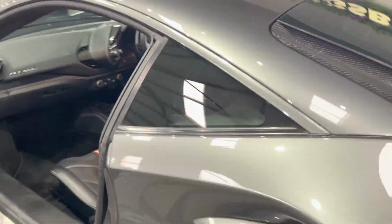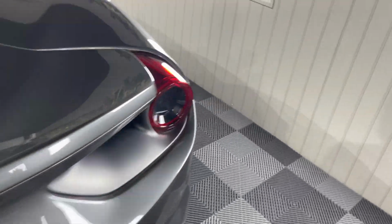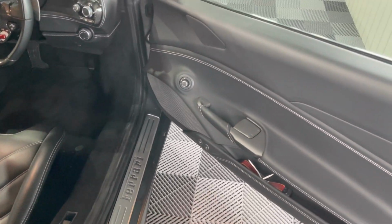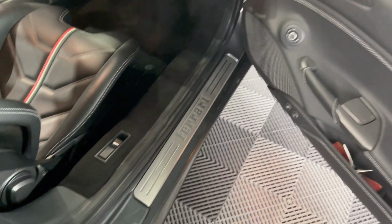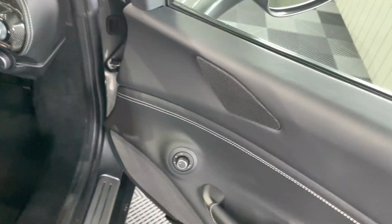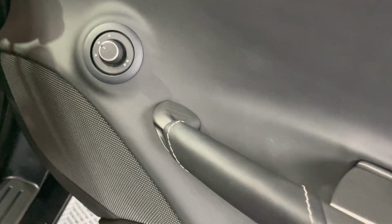Let's get around to the driver's side. So again, much the same as the passenger side. You've got the release there for the rear engine bay cover. You've got additional storage at the back here. Mirrors, adjustment and folding,